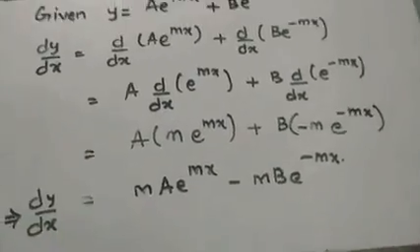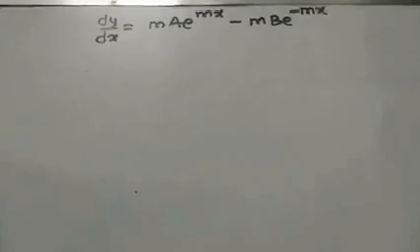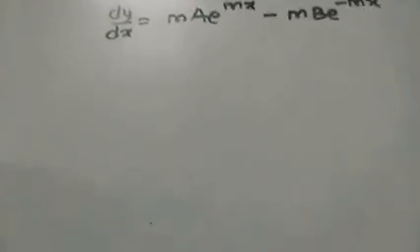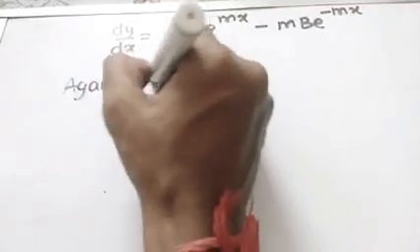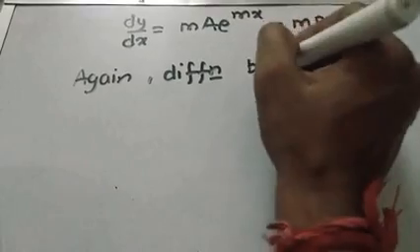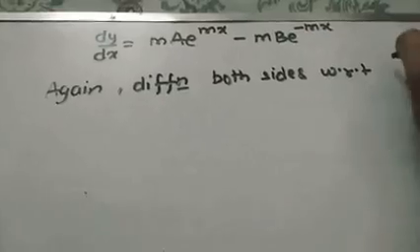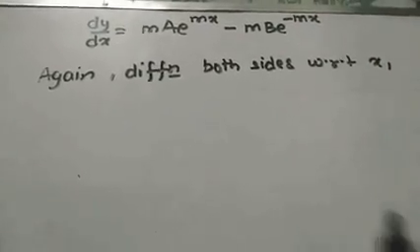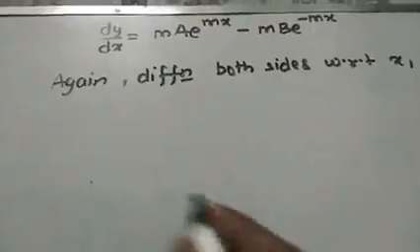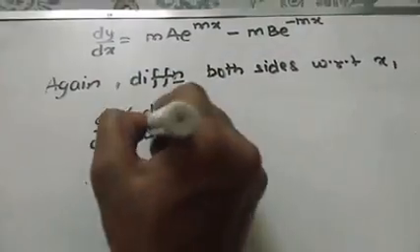Now using this, we have to find d2y by dx2. So this is the dy by dx we got. Now we will further differentiate this dy by dx. So we will write here again, differentiating both sides with respect to x. That means d dx of dy by dx, differentiating both sides with respect to x,